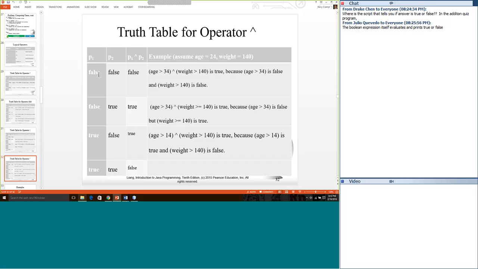So let's just step through this. A false exclusive ORed with a false is an overall false. There is no true in any of this. A false exclusive ORed with a true would be a true, because you have just one. A true exclusive ORed with a false would be an overall true, because you have this true here. A true exclusive ORed with another true, you would think would be a true. In a regular OR, it would be, but in an exclusive OR, when you have two trues together, the overall result becomes a false.